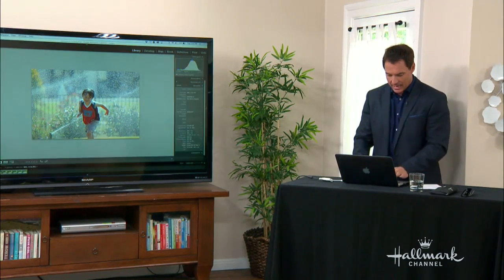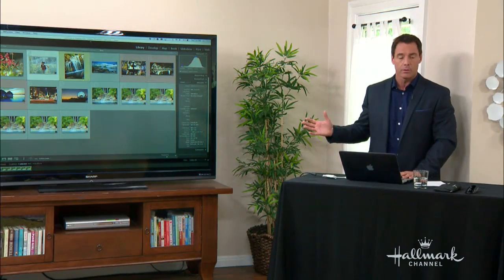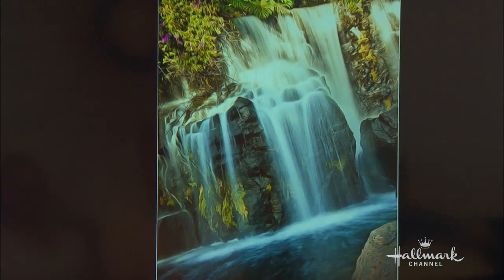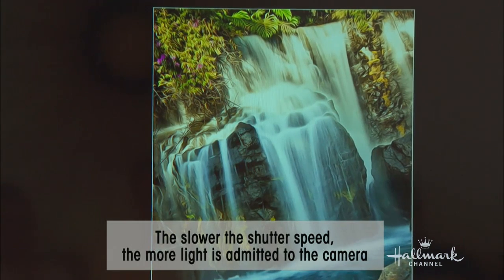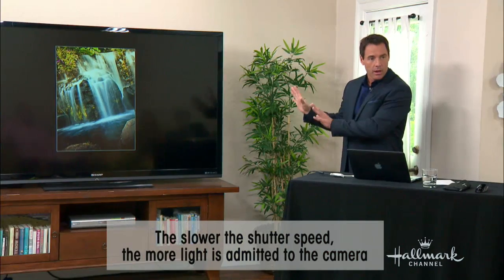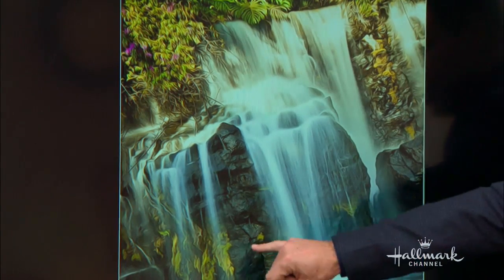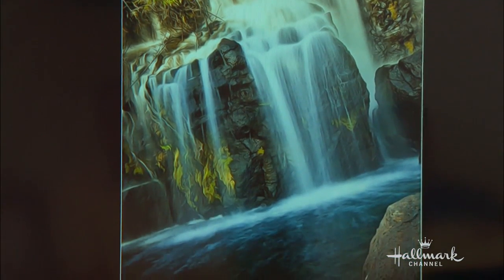So with that said, let's go back. This is a picture that I took where I went the other direction with it. I slowed the shutter speed down and now we have the beautiful streaming effects of a waterfall. It gives you that real milky feeling. Now, this is not done through anything special with the software. I did trick some of this out, but the original effect, you can see some of the leaves. I did a little bit of a painterly effect on that,